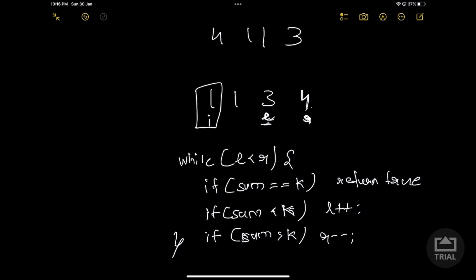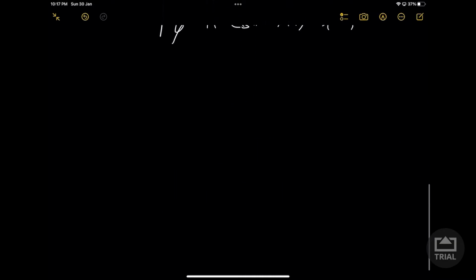And if there is no case where the sum is equal to k, then we'll increment our I. Like if this while condition gets broken and we didn't get any solution, so we'll increment our I. And similarly, L will be I plus 1 and R will be here. So in this case, what we can do,